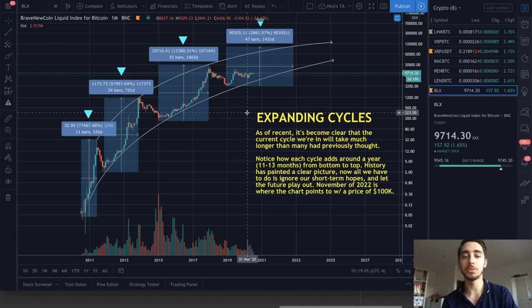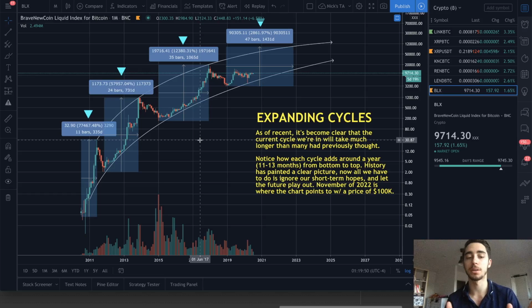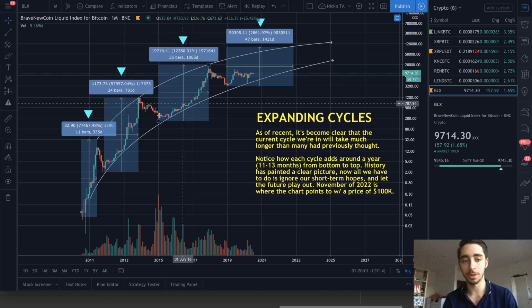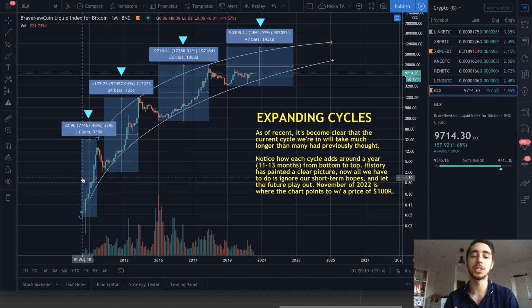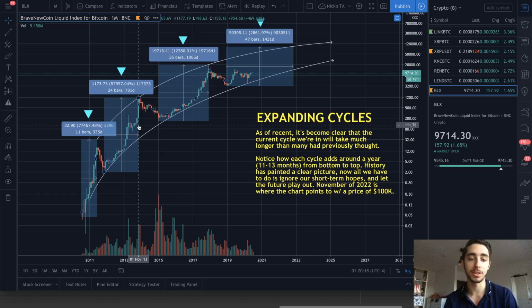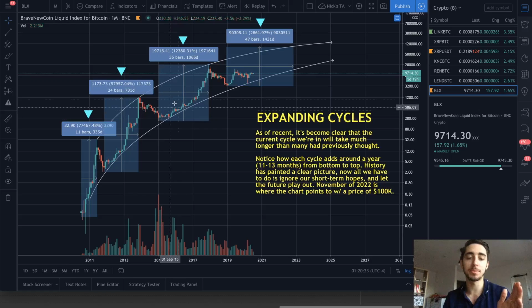See, with expanding cycles, we need to understand that there's a big misconception with Bitcoin, and that's that people believe that it's a 4-year cycle that Bitcoin rides through. And quite frankly, that couldn't be further from the truth. In fact, we have what's known as expanding cycles. We've really had, so far, 3 full cycles for Bitcoin. We had an 11-week cycle back here from when we started to get actionable price data and actionable volume as the first major exchanges started to list Bitcoin back in 2010. The second one here was in October of 2011, going all the way towards a close around November of 2013. And you can see here with each of these cycles, as we stepped into the third one, which led to 20K Bitcoin,